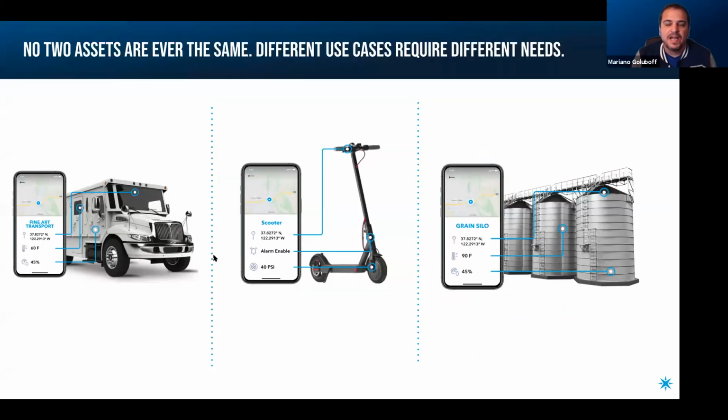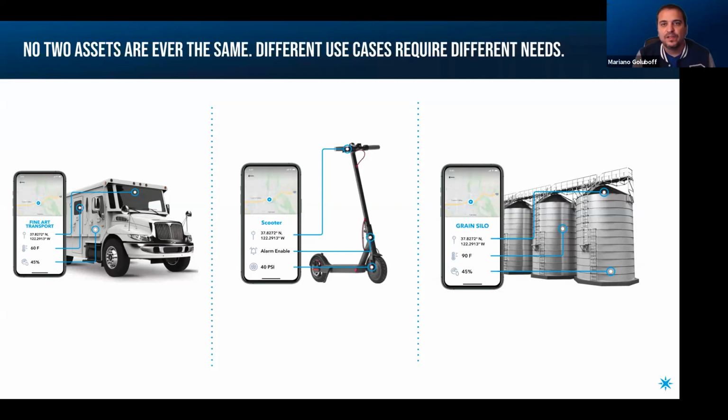So Asset Tracking Plus is the idea that no 2 applications are exactly the same. Some of the needs are common across applications, such as GPS to figure out where the device is, connectivity to report the location, and a way to display an asset location.